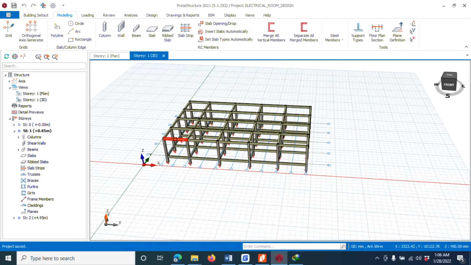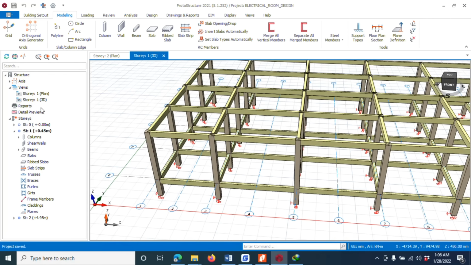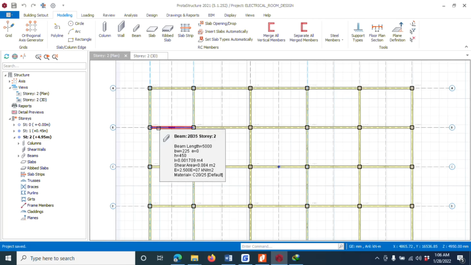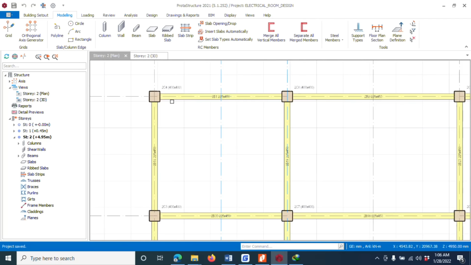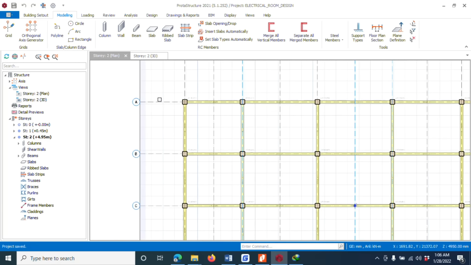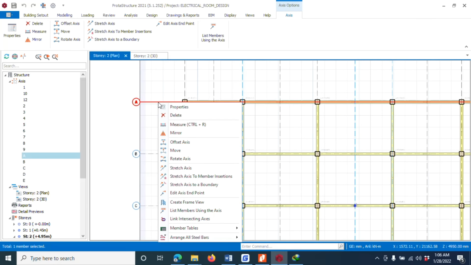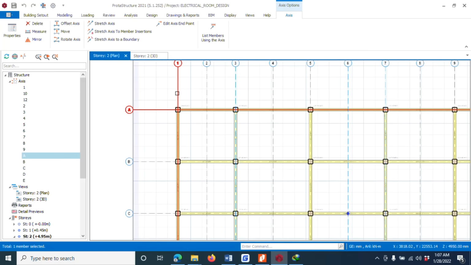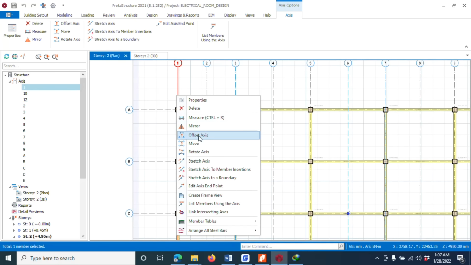Let me come to story 2. Come to story 2. So this is my design. This design is cantilevered upstairs. So I'm going to offset my grid. I have a cantilevered beam of